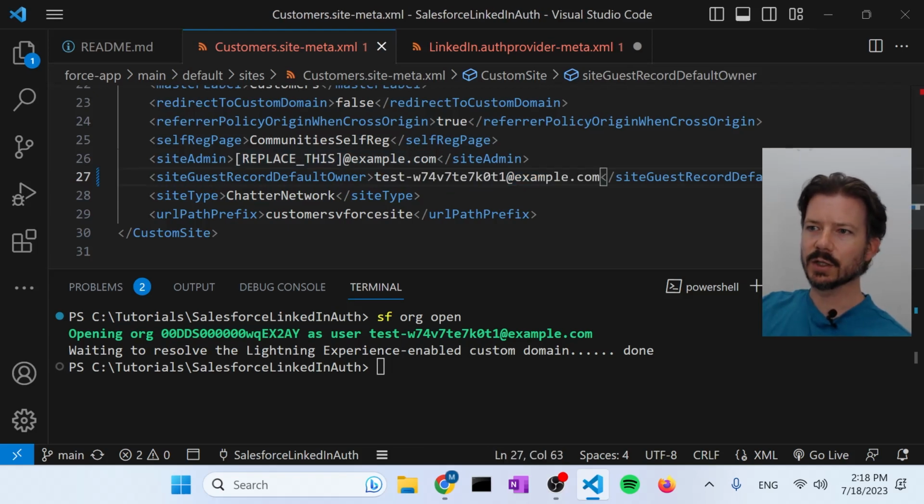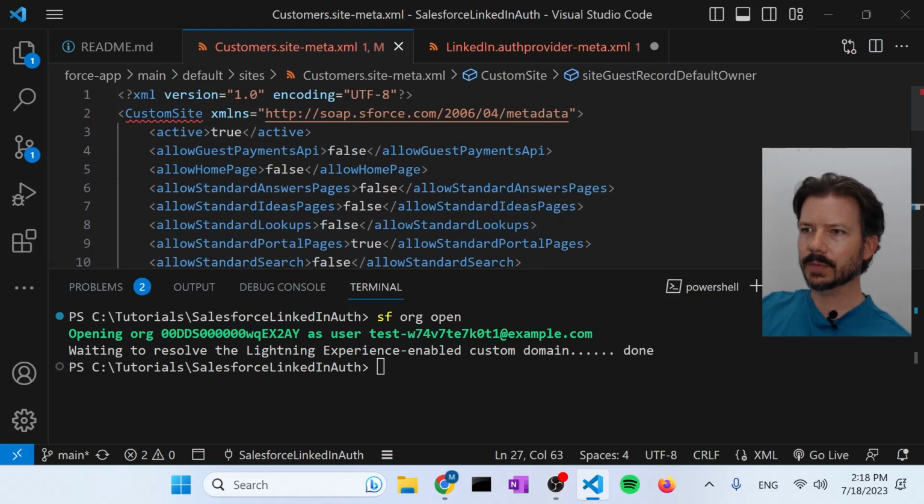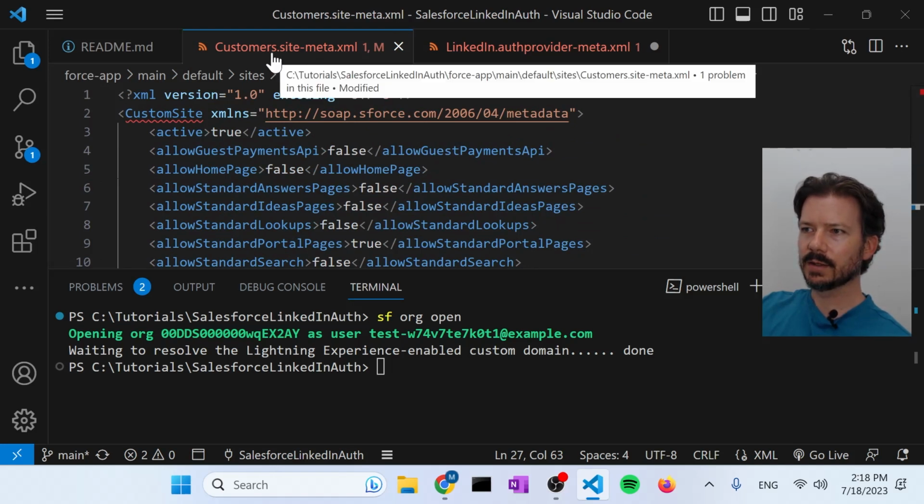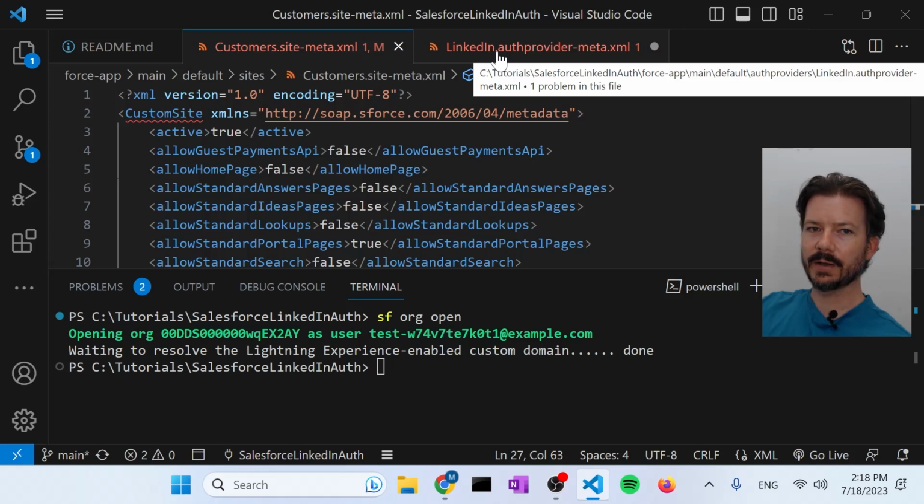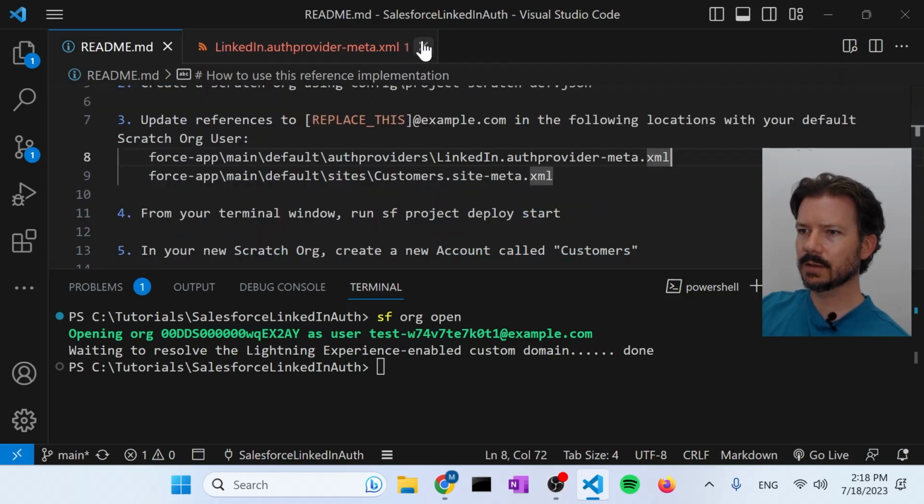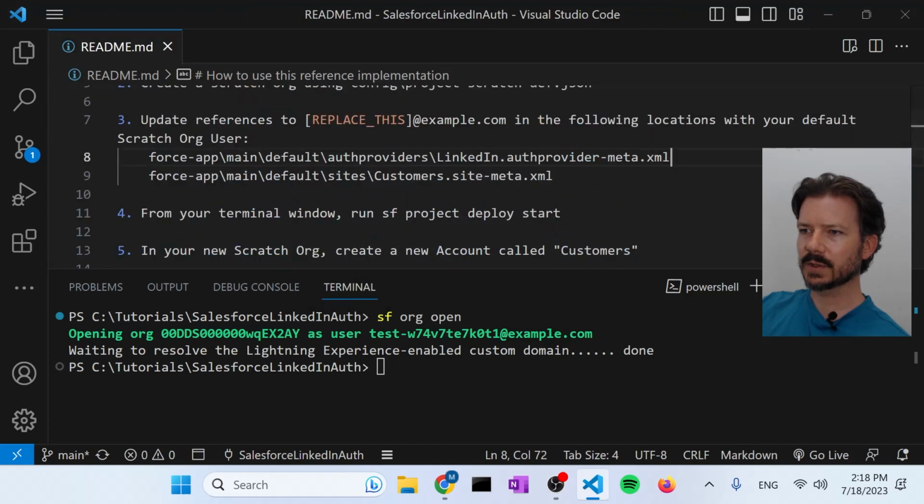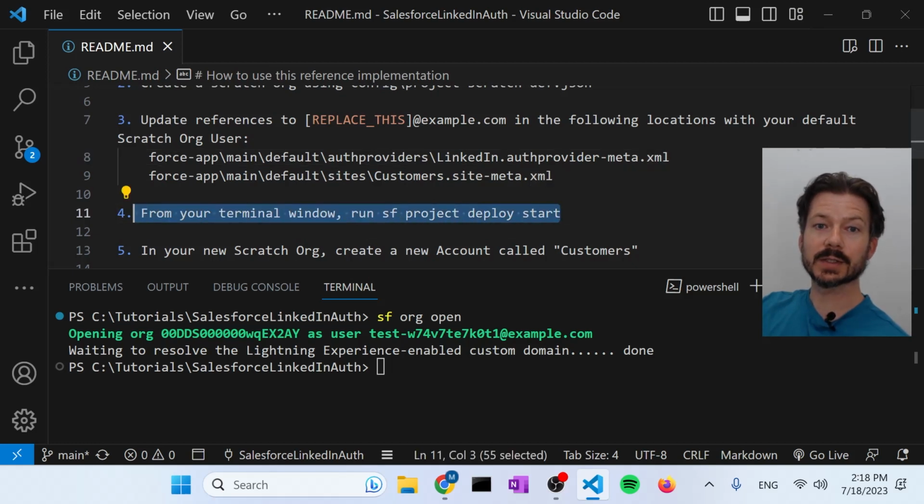So this is just setting the users that we run the site as, and the auth provider registration handler for the auth provider as. Okay. So now that that's done, make sure that saves. Now that that's done, we'll move on to step number 4, which is deploy this SFDX